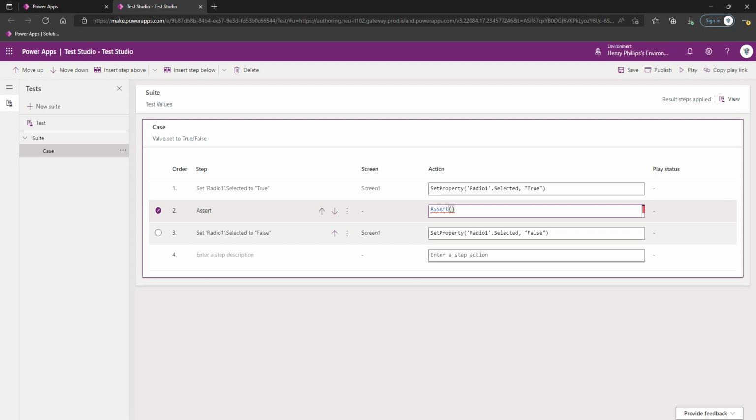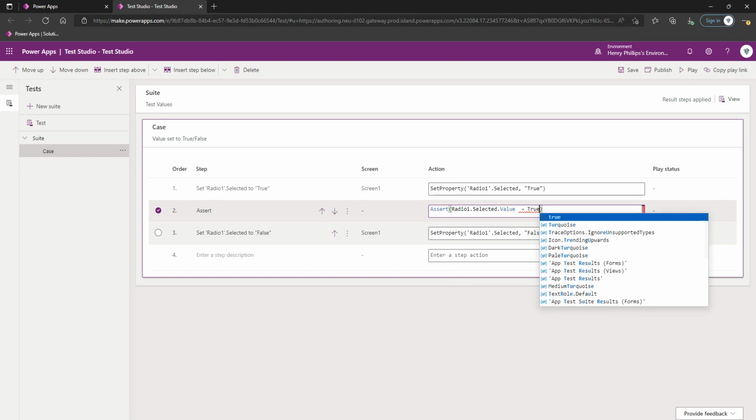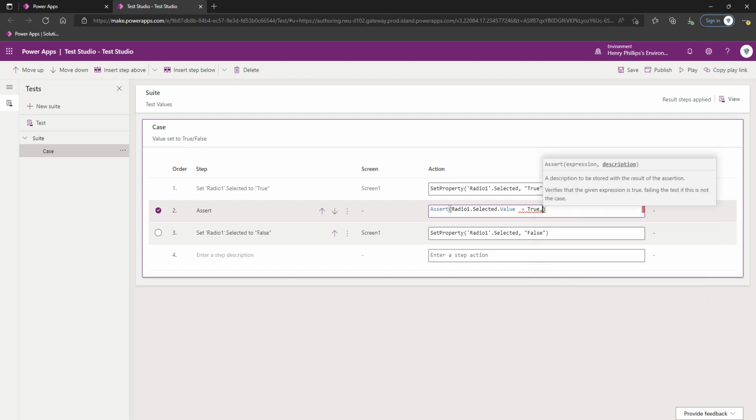The first portion of this, we want to specify what are we checking. So we're testing the radio 1 dot selected value, and I like the fact that you can still get IntelliSense within the studio, where radio 1 dot selected value equals true. So we're basically saying, does it equal true? If yes, due to the nature of this function, it's going to count that as a pass. And you can see here it says verifies that the given expression is true, failing the test if this is not the case. So what I might do here is, if that was not the case,